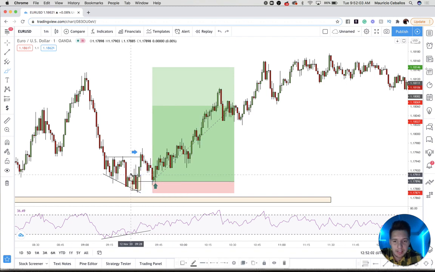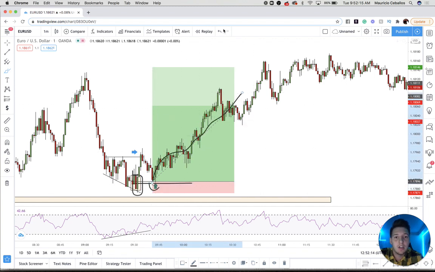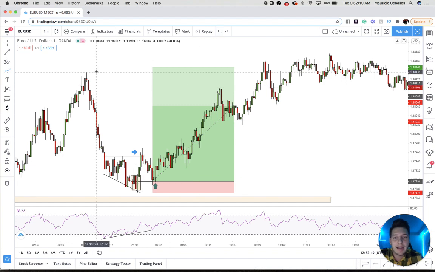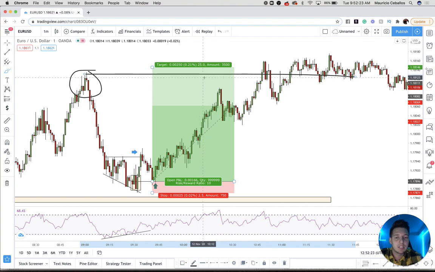Now understand that this is the candle I'm paying attention to, these tweezer bottoms. 50% of that candle is right about right there, and as you can see, the market came into that zone, and after that we had a huge rally to the upside. During that rally to the upside, my first target was going to be the highs of the market before it started trending down, so right over here. As you can see, we had a very